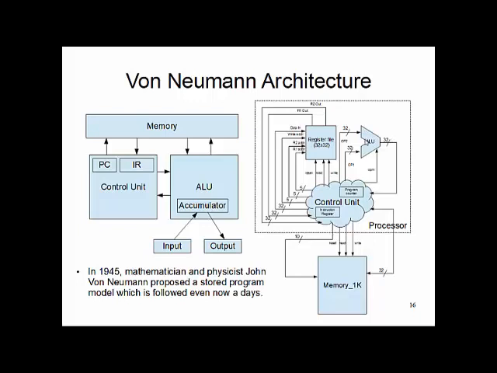There is a surprising similarity between this model and this model, right? His proposal is that your program and data are stored alike in the memory. As a device, memory does not distinguish whether some series of 10 bits is data or an instruction. When it is accessed from the memory, it is the control unit that deciphers whether it is accessing data or a piece of instruction. Okay, and it involves the ALU for computation and so on and so forth.